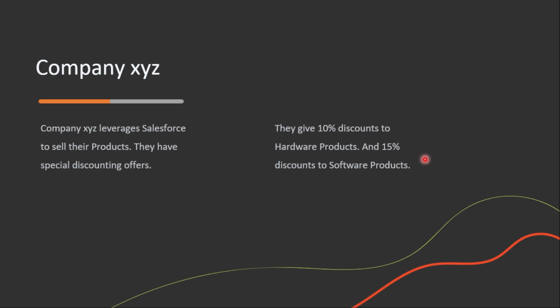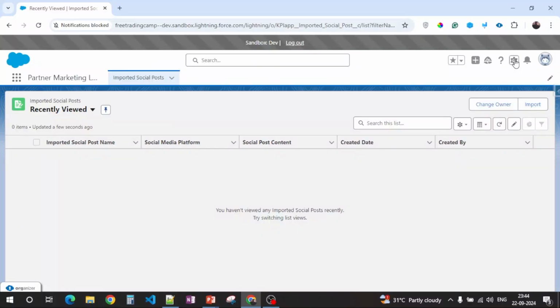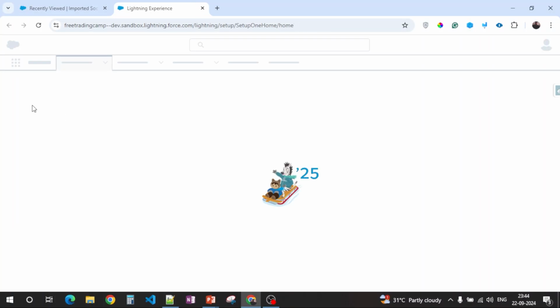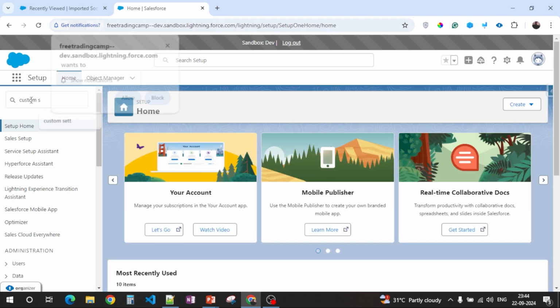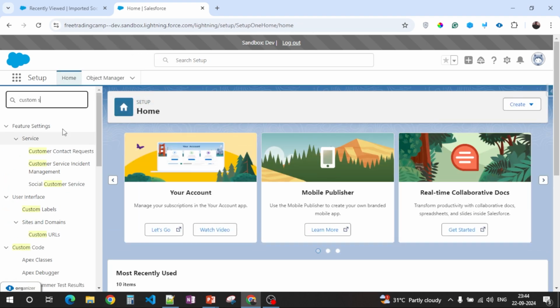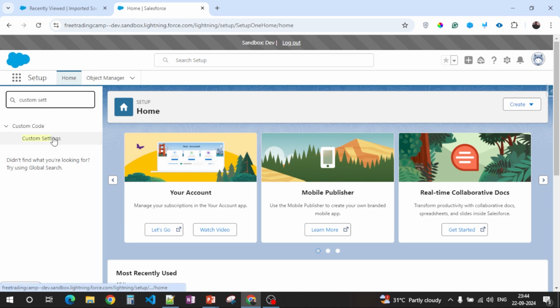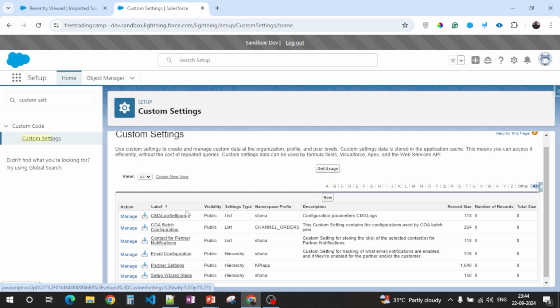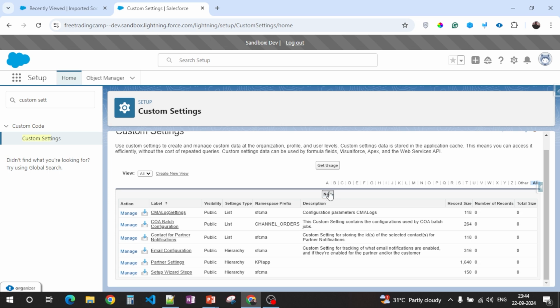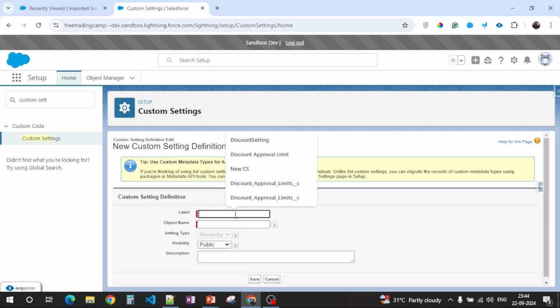So let's go into Salesforce and see how we can build it. First, go to Setup. We are going to create the custom settings now, so type in custom settings. We'll click on New and give the name as discount approval limit.